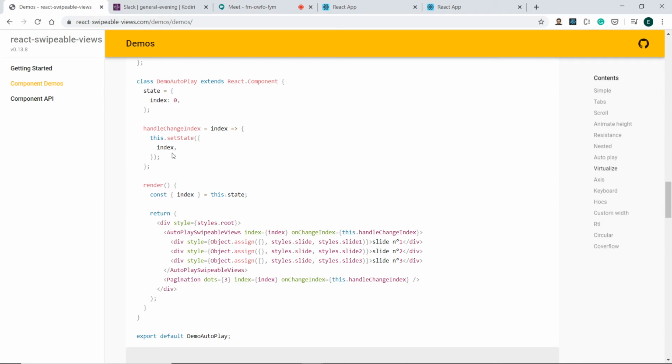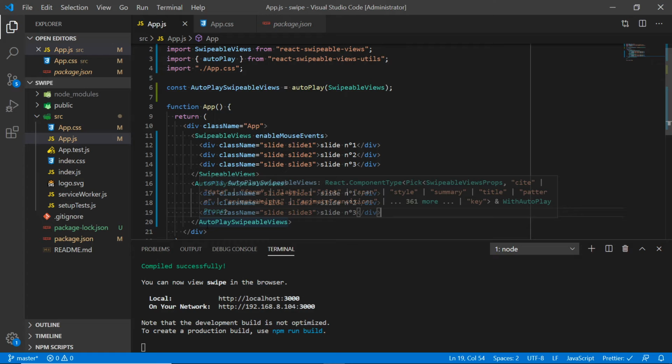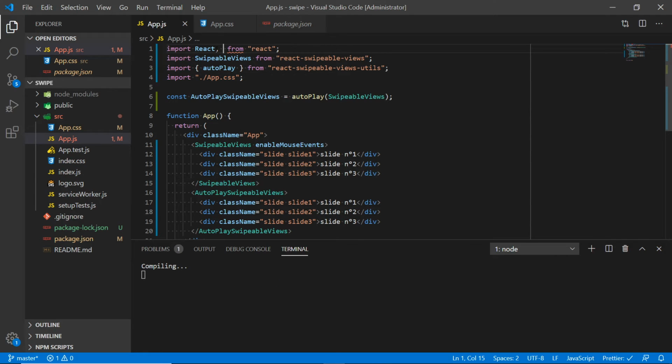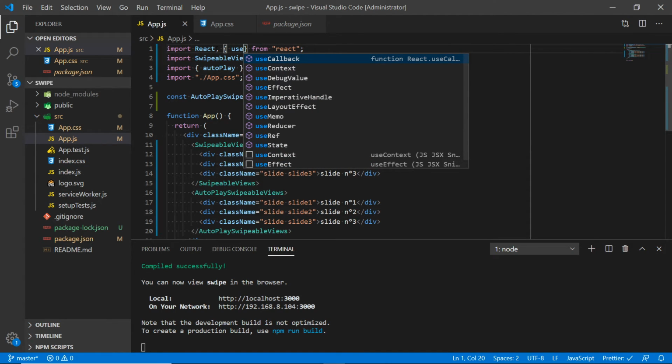So we can see that this is a class component, it's a stateful component, and we have a function component. Do you remember how to have state in a stateless component, in a function component? What do I need to do? Need to import the state, don't you? Yes, we need to import useState. Yes, useState. So the way to do it is this: useState,